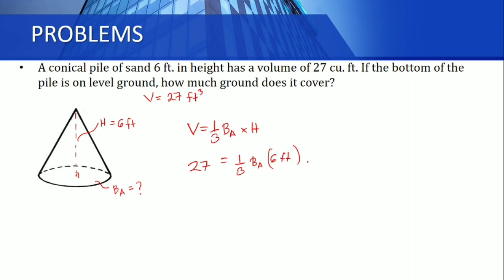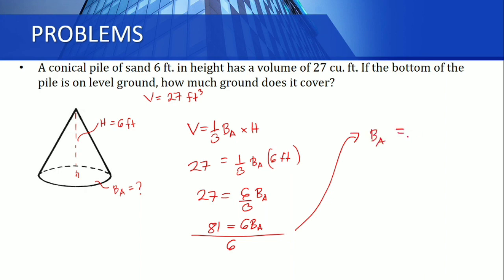Makukuha natin yung value ng area ng base natin or yung area nung kinocoveran ng sand. So that will be, simplify natin, 27 is equal to 6 over 3 BA. Therefore, 27 times 3, so that will be 81 is equivalent to 6 BA. So divide natin both sides by 6. Therefore, yung area ng base natin will be equal to 13.5 square